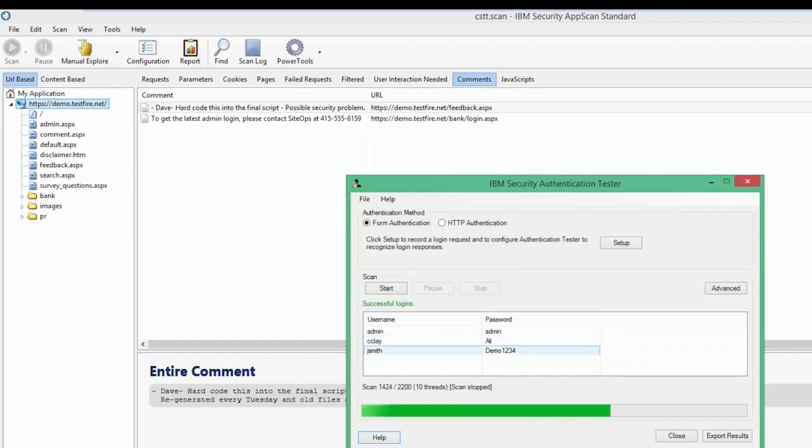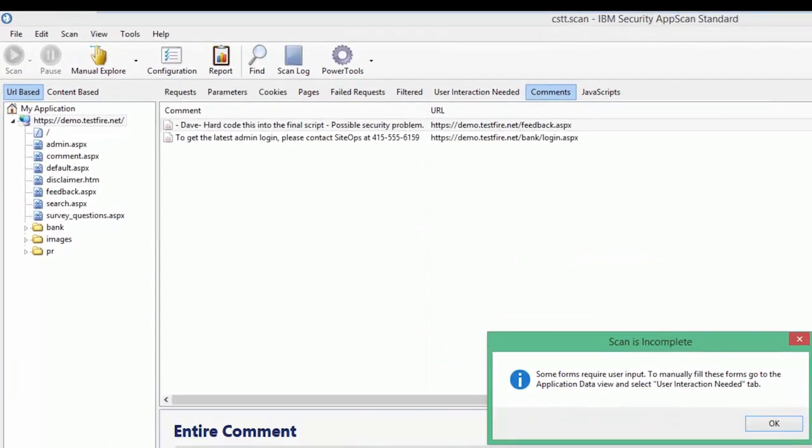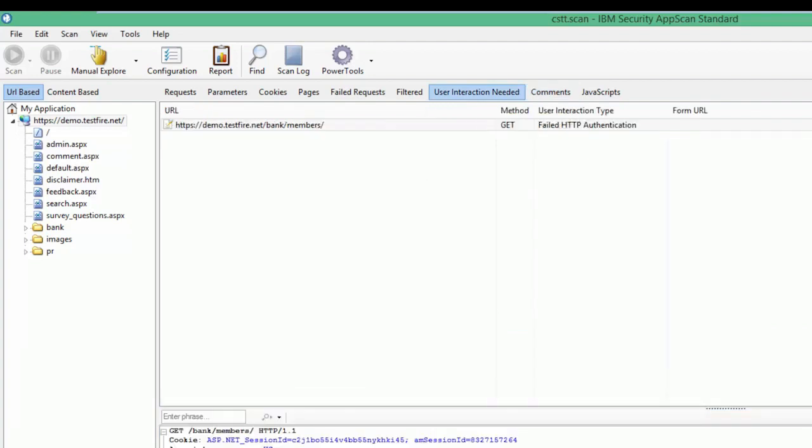Okay guys, so we are gonna write down this one, the J Smith demo 124, because we're gonna use it in our authenticated scan. So at this point, the scan says scan incomplete, it didn't finish, and it says that some forms require user input and suggests to go to user interaction needed. So here it's saying that it needs some authentication, and that's why it didn't complete it properly. And we know that, right? We know that we were not gonna scan